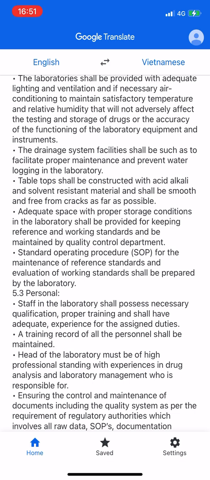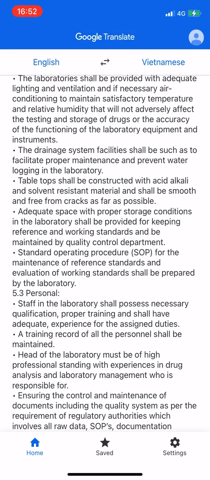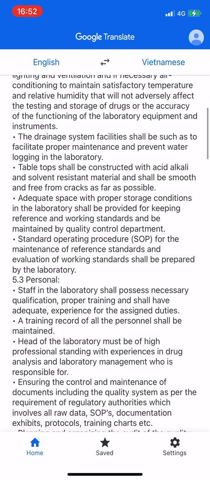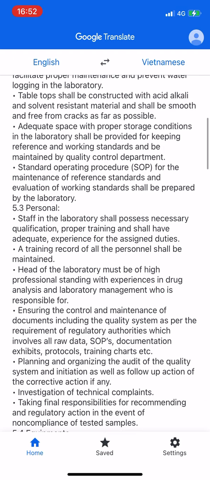Tabletops shall be constructed with acid-alkali and solvent-resistant material and shall be smooth and free from cracks as far as possible. Adequate space with proper storage conditions in the laboratory shall be provided for keeping reference and working standards and be maintained by the Quality Control Department. Standard Operating Procedure (SOP) for the maintenance of reference standards and evaluation of working standards shall be prepared by the